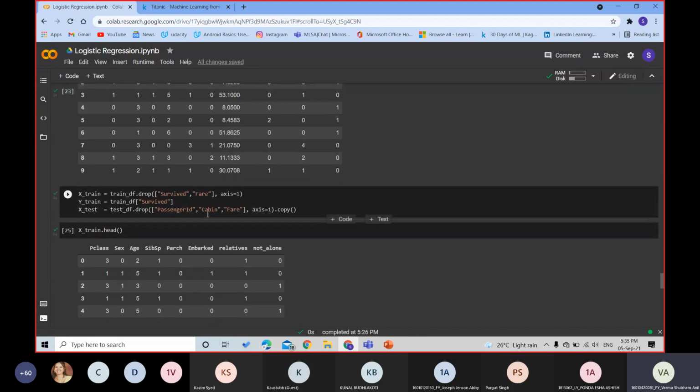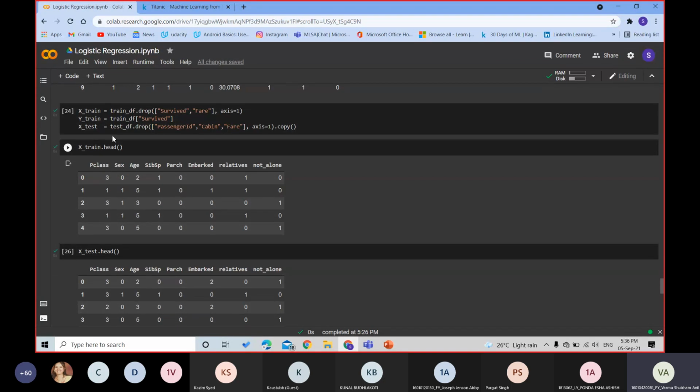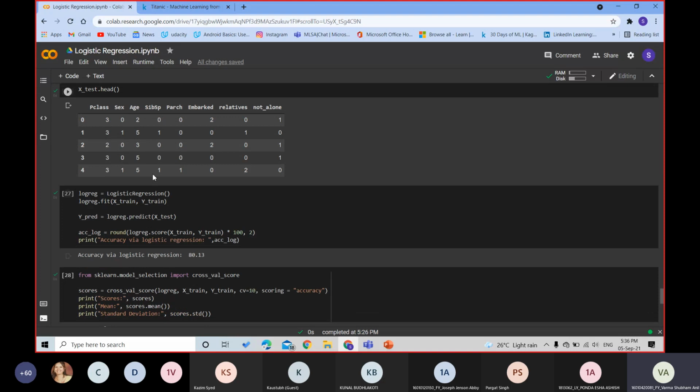Similarly, for testing, after training our model, we need some data set to be tested on that model too. For that also, we drop the parameters like name, cabin, and fare. After doing that, this is how my training data set looks. It contains the class in which the person was traveling, the age of the person, whether he was male or female, the age group he belongs to, whether he was traveling with someone or alone, and where he embarked from: S, C, or Q location. So this is our training data set and this is our testing data set.